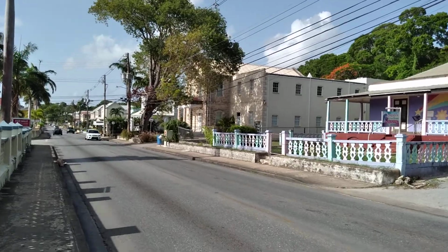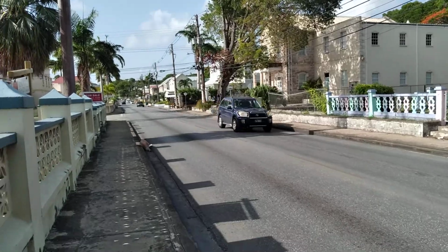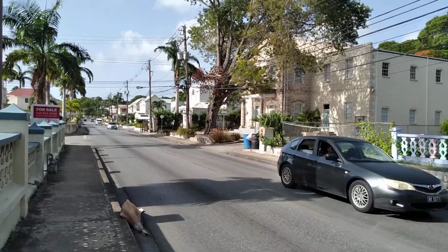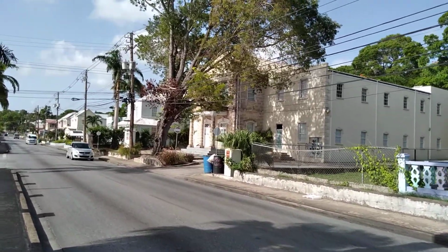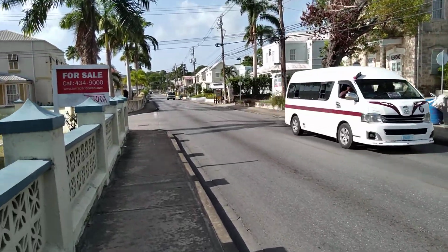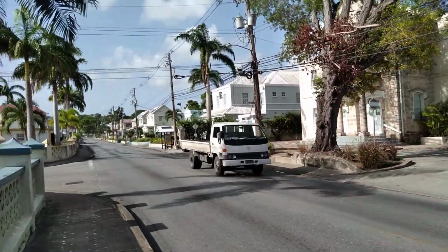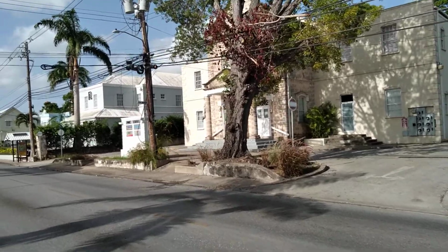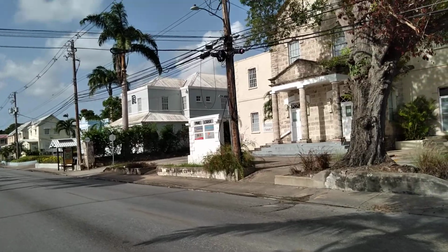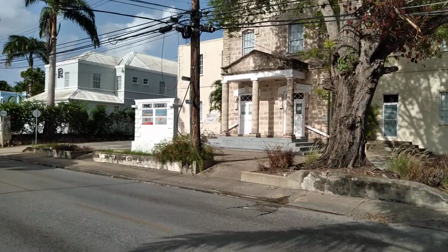And the building to the right, first of all, this is Debbie's Little Angels. They're here. And the building to the right was the former Pine Lodge, which was established in 1892. This is the Pine Lodge. It has been closed now. The Pine Lodge has been closed and it moved up to all the lodges in Barbados. This was the Masonic Lodge. All the lodges in Barbados moved up